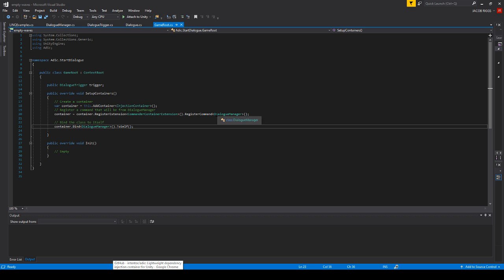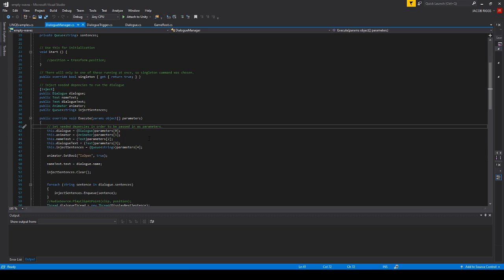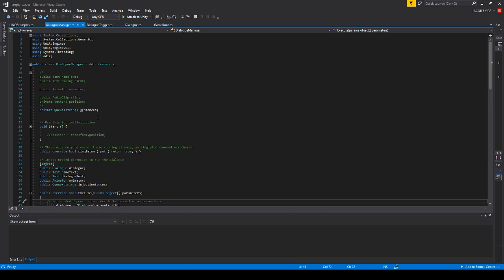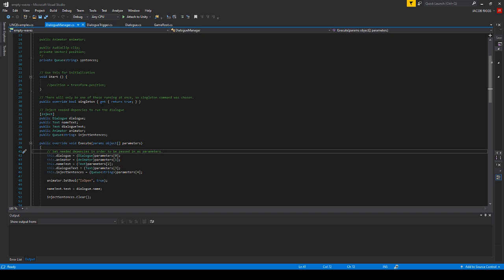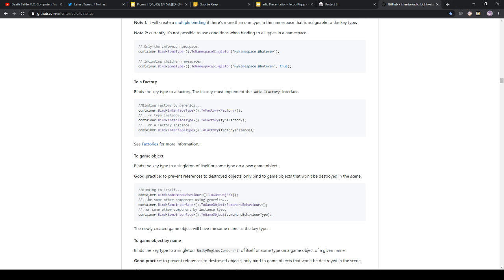So if we grab our command from Dialog Manager, which one do we grab from Dialog Manager? We grab our execute because we have to take this now from .command. So down here we have to set a type for a command, and the singleton one means that there will be only one of these running at once, so we can use the singleton. You need to specify which one it is. I think there's like 2 types. If I scroll down to,